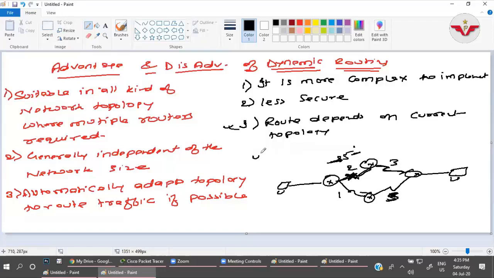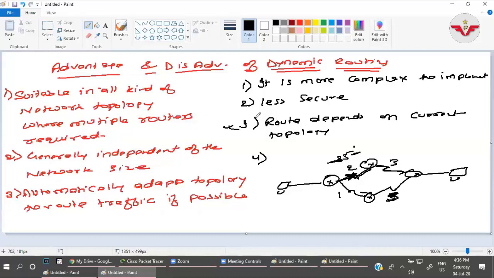The fourth thing is, as they are sharing their information with each other, it requires resources. If I'm doing anything, energy is getting wasted. If I'm speaking to someone, my energy is getting wasted. In static routing, we learned that it does not require any resources like RAM or CPU to share the routing tables between routers, because it is not sharing information; we manually created the routing table.